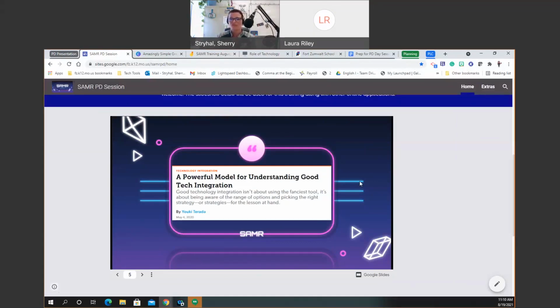and then you're great. So I don't want anybody to think that this presentation is saying you have to be using tech all the time, because I'm going to tell you that you don't have to live at the top parts of this model, or that there are even top parts of this model. Okay. So what I like about this definition is that it says picking the right strategy or strategies for the